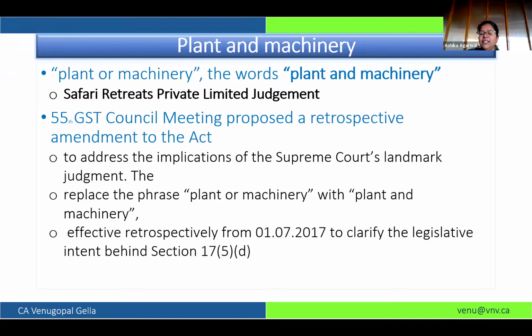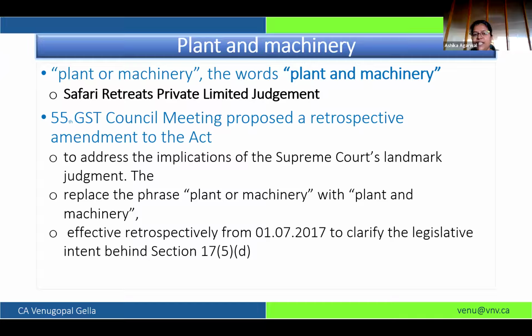So the Supreme Court held that on a case to case basis, on functionality, it will be decided whether a building will be disqualified from the ITC or not, by analyzing the definition of plant or machinery, because plant and machinery is defined, but plant or machinery is not defined.